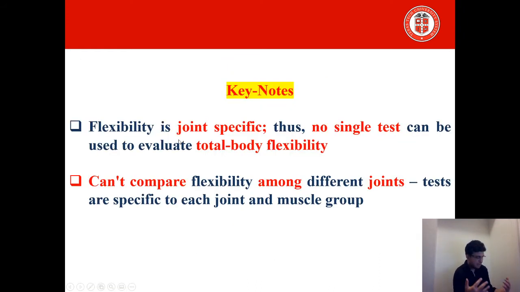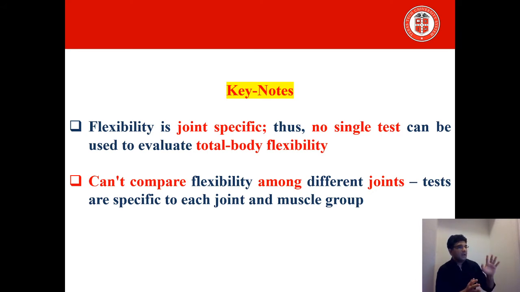So after knowing the anatomical considerations, different planes about the movement of the joints, and the mechanical properties of connective tissues, let's try to move towards more concrete stuff, but just a couple of quick notes. Flexibility is joint specific. So there is no single test which says, okay, our whole body is flexible. For every joint, every part, separate flexibility tests, and it's possible that your core is more flexible. It's possible that your upper body is more flexible. So it's a kind of a compartmentalized